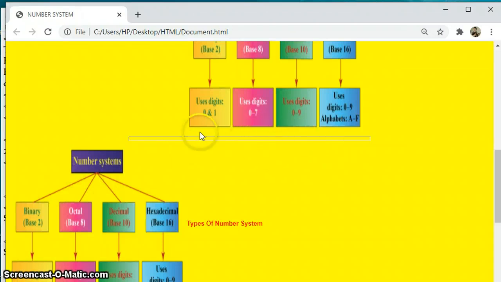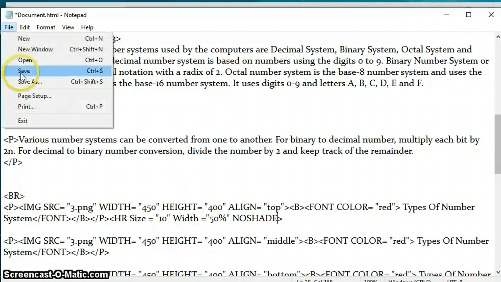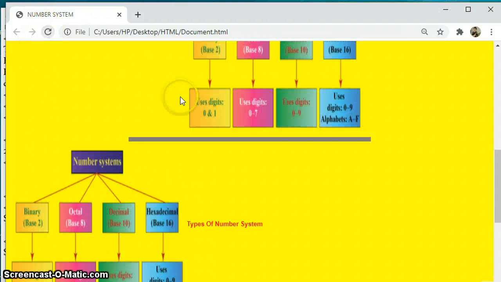Students, can you see this line is not properly visible? So what I will do, after this I will type noshade. And now it is clearly visible.